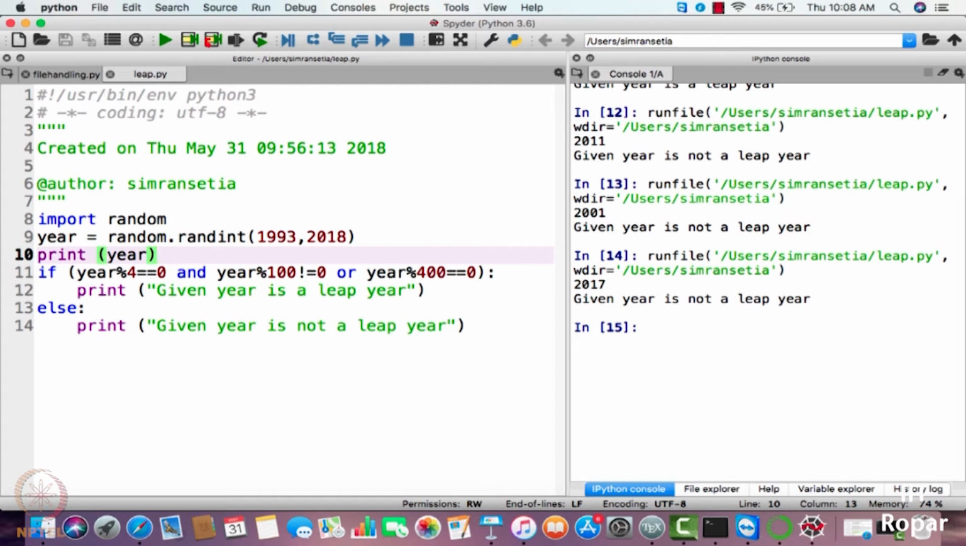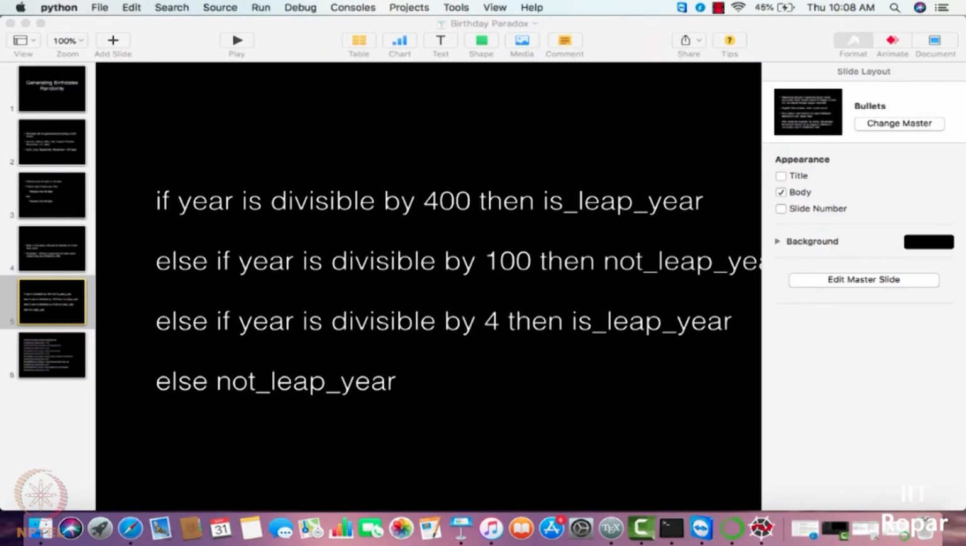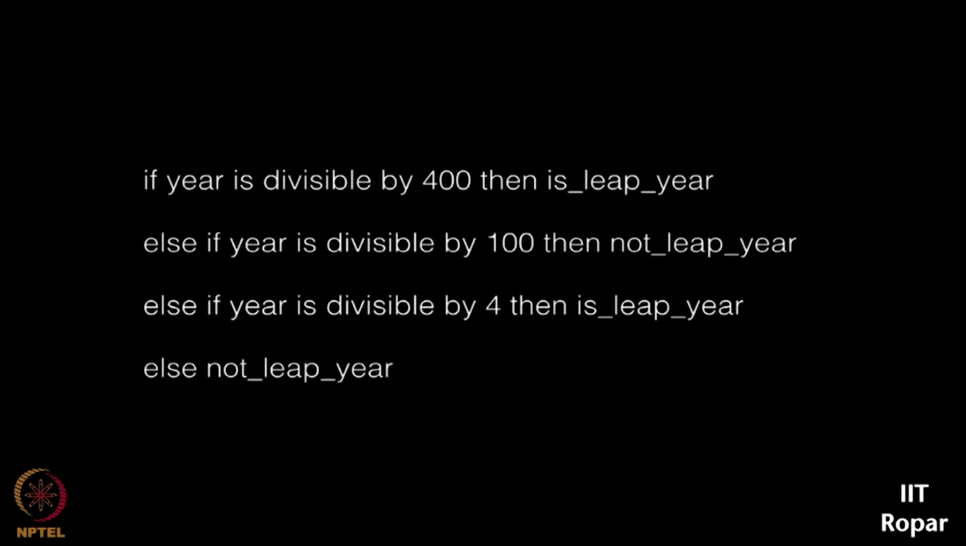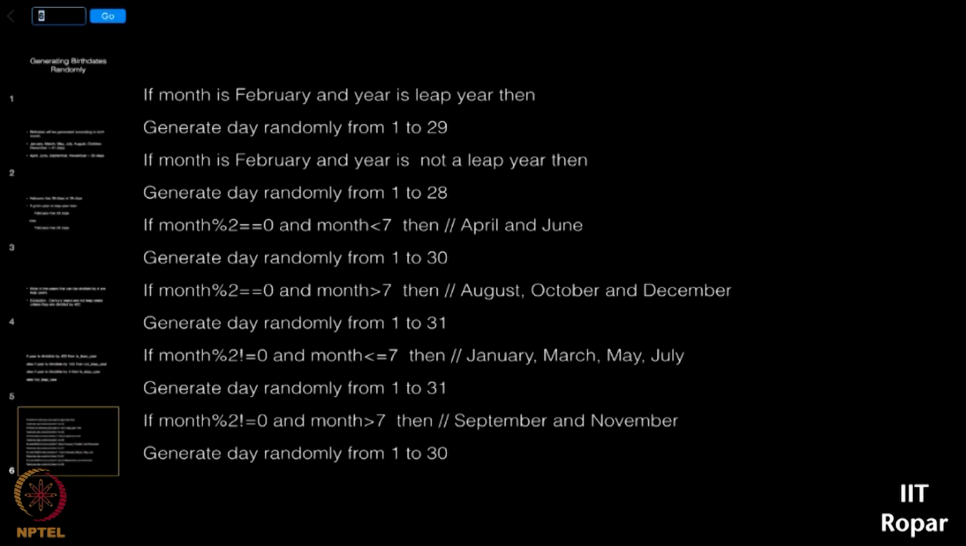So let us move ahead and try to understand the nitty-gritties of the program for the birthday paradox. So now that we are done with the leap year code, I hope you understood that code. So let us move ahead. Here, what we are trying to do is,